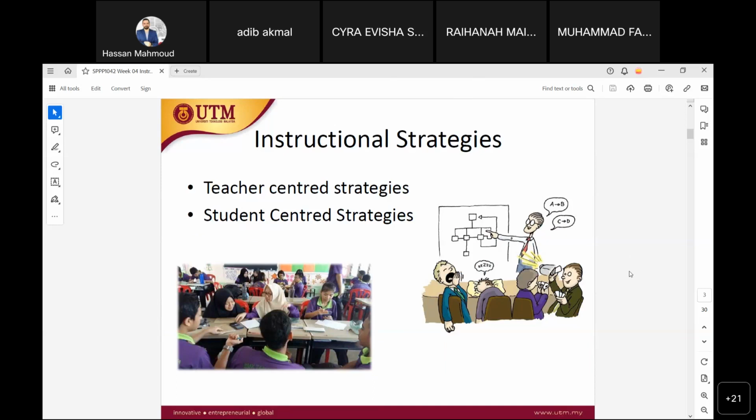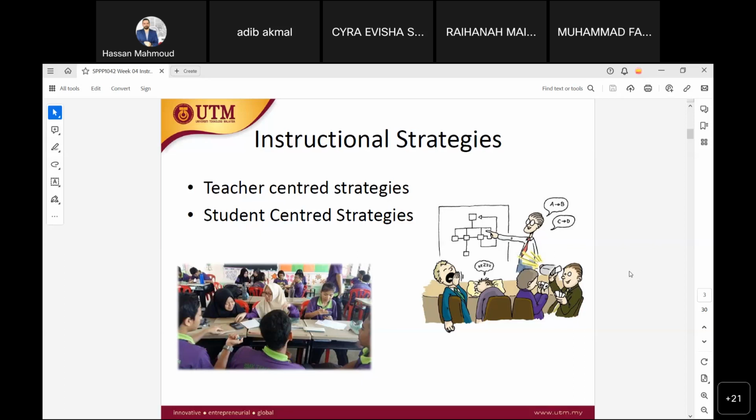Where the teacher is in a position with expert knowledge, and then he or she is trying to share their knowledge with their students, and the setting was different with student-centered strategies. Okay, Adib, thank you very much. Thank you very much. Okay, that could be right in a way where the teacher is responsible for the